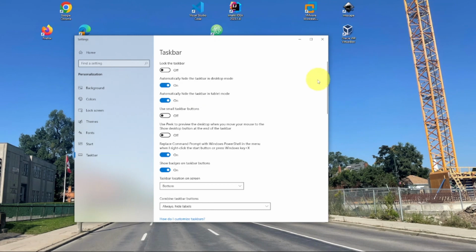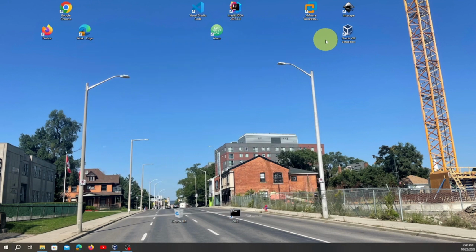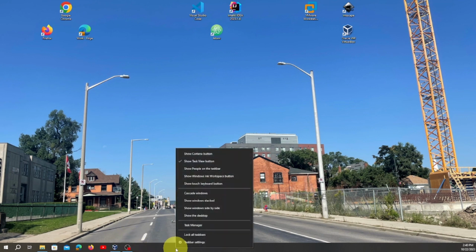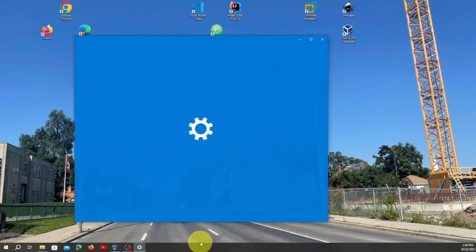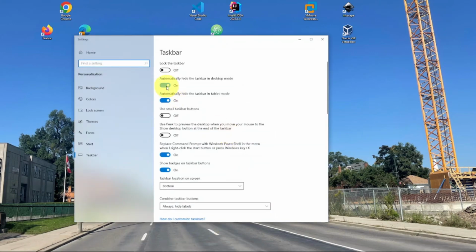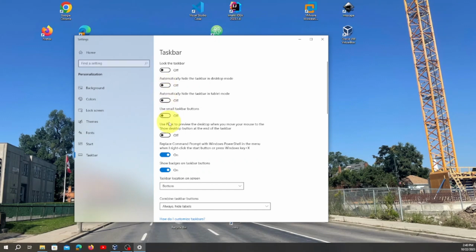So to put this back, let's say for example, I close that, right? If I don't want to see this again, the only thing I have to do is come here, right click here, go to taskbar settings, click there, alright, and you want to put this back, you go there, you go here, okay?